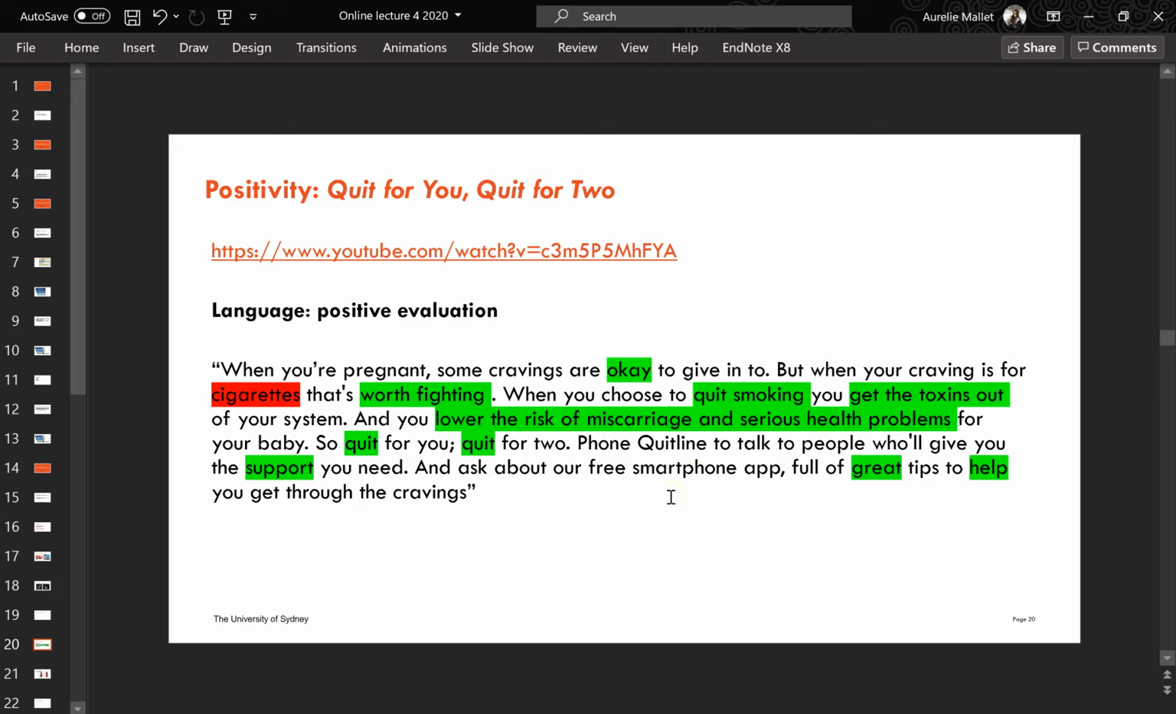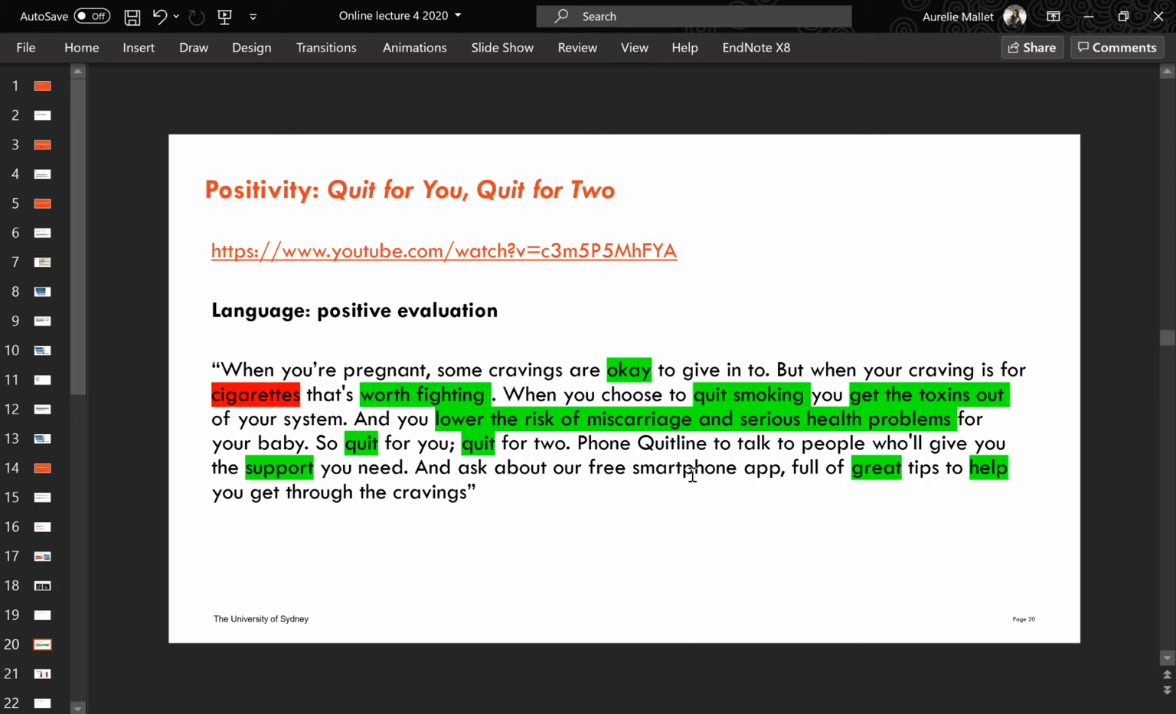So lots of positive evaluations going on here. There's a bit of negative with the cigarettes, but it's worth fighting, quitting smoking is good, getting the toxins out of your system is good, lowering the risk of miscarriage and serious health problems. You could say that miscarriage and serious health problems are negative evaluations, but